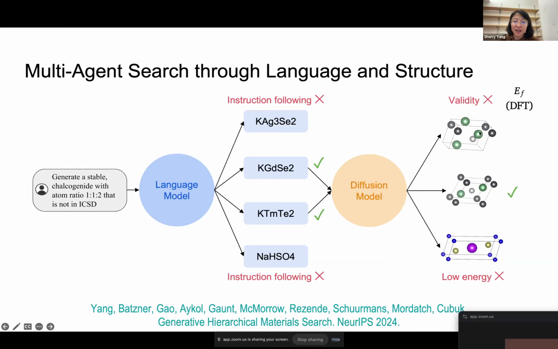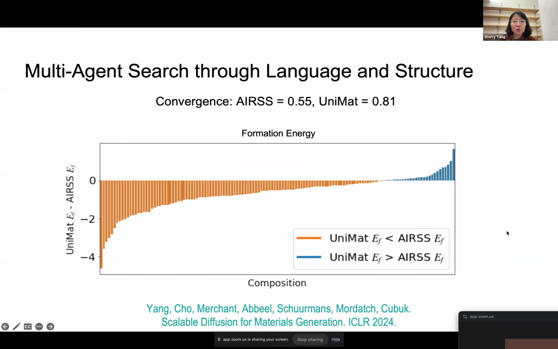And we get these low-level structures from the diffusion models, and then we can run these calculations and predictive models to get their properties and to do some further filtering. And so what we found is that this pipeline, through the diffusion model, is actually a lot more effective in terms of finding the initial configurations of materials that can converge during the DFT relaxation, right?